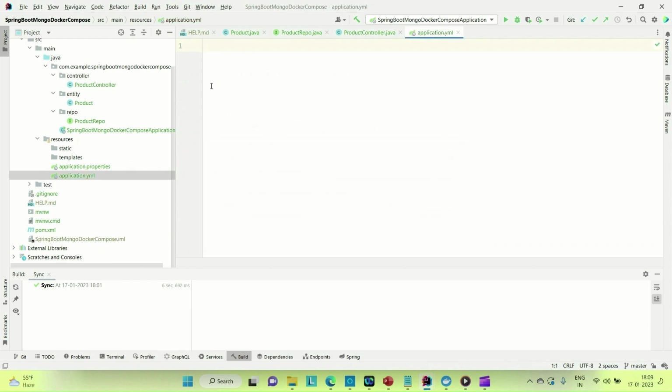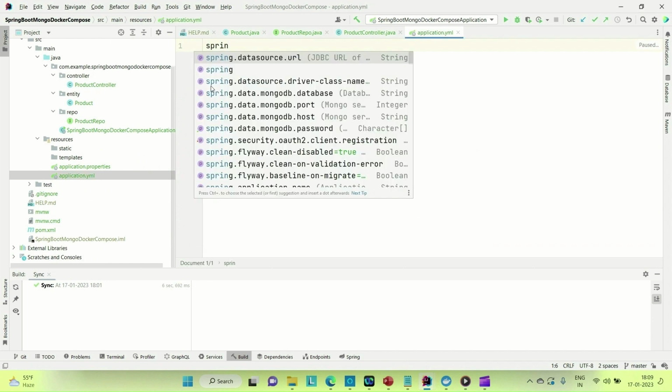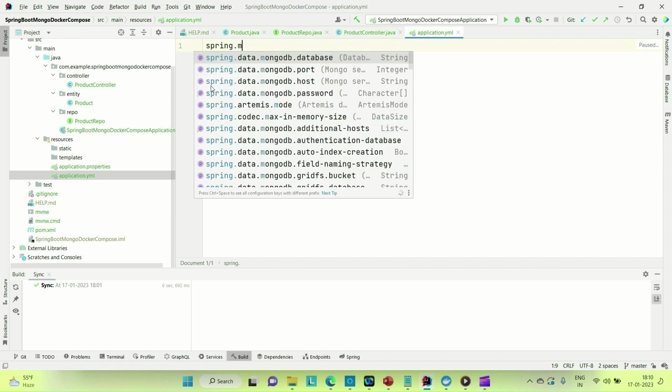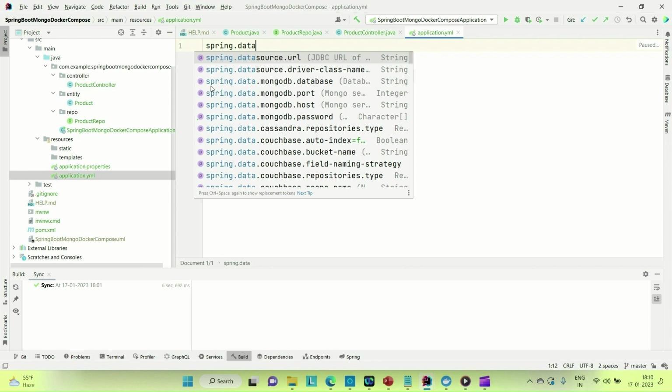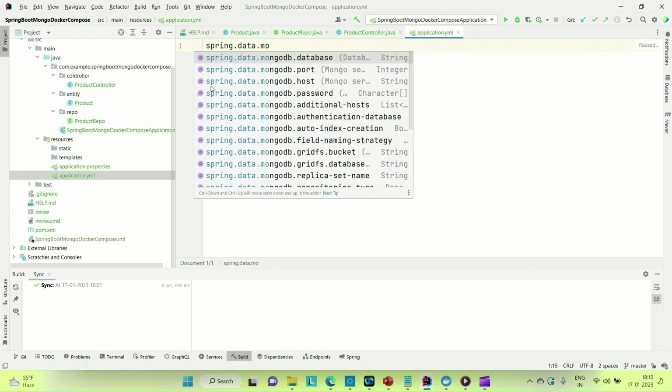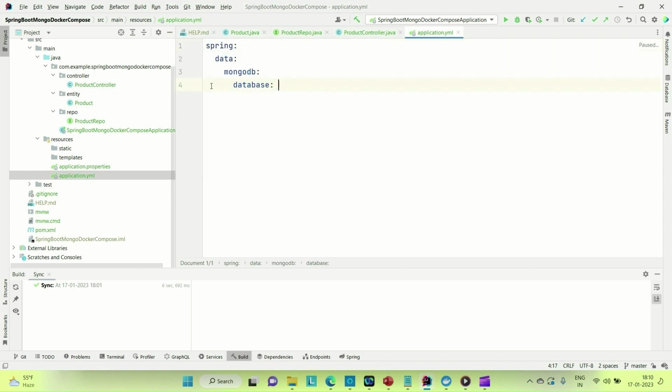Okay, so it is Spring Data MongoDB, Spring data dot MongoDB. We need to provide the database host and the port name. So let's say the database is product